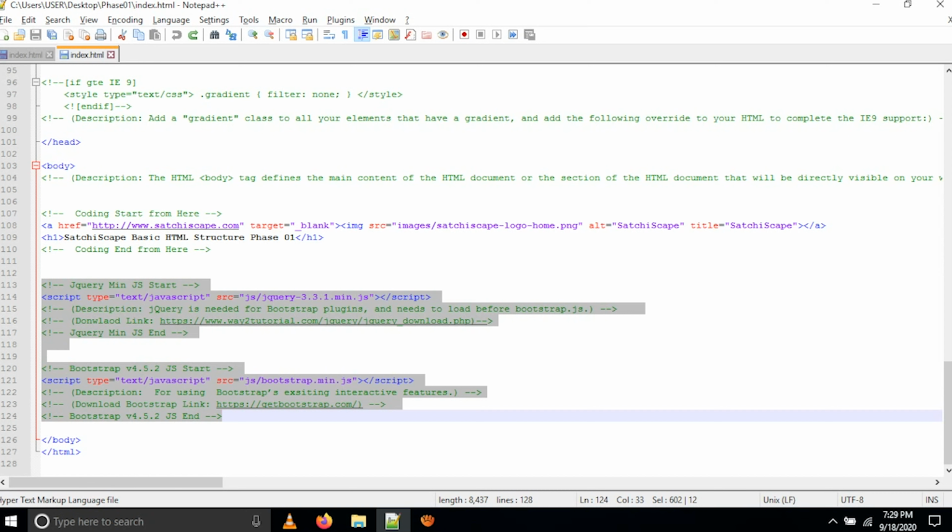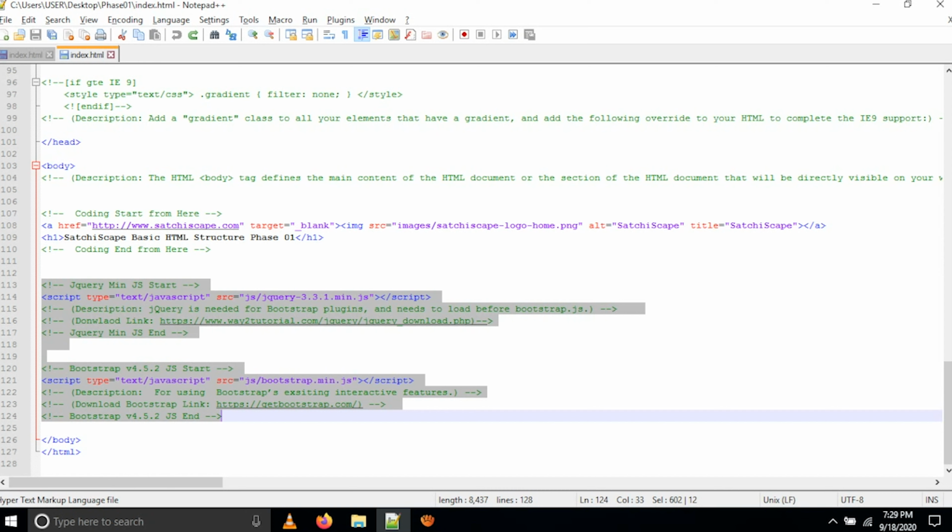The CSS and JavaScript would upload first, then your content, and your website may go slow when loading. That's why we put this JavaScript at the bottom, so that first the CSS loads, then the content, then the JavaScript, so that it will not affect your website.